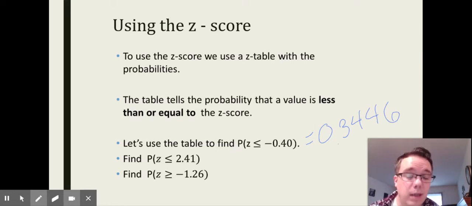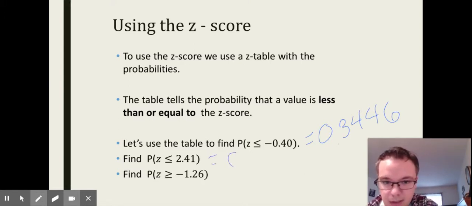So this is the actual answer. Our probability that we're less than or equal to negative 0.4 is 0.3446. So again, if we wanted to do this again with a positive z-score like 2.41, we're going to go to the positive side of the graph. And remember, if we're on the positive side of the graph and we're finding everything that's less than that, we're going to have more area, so we're going to have a bigger probability. So if we go to 2.4 on our y-axis and we go over to 0.01 on the x-axis, the number we get is